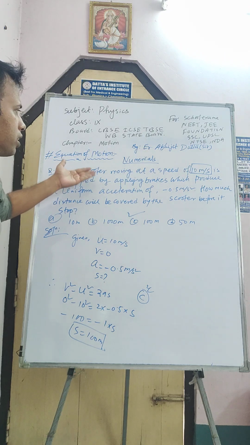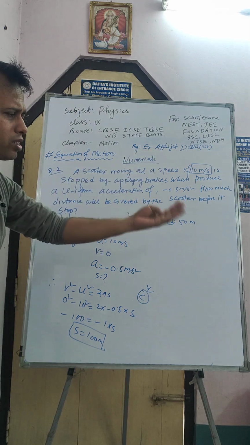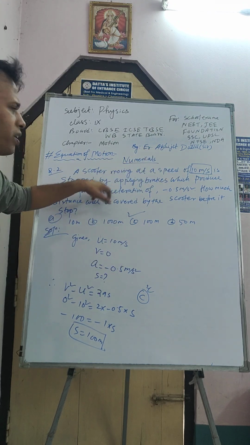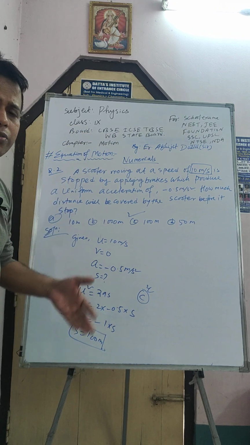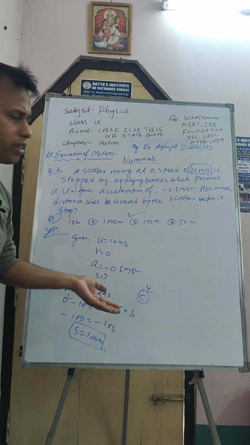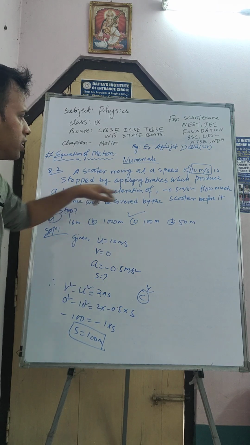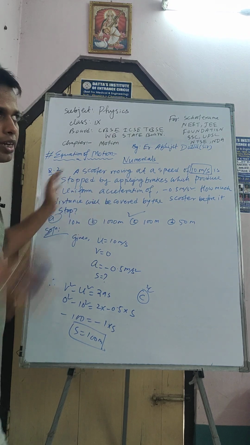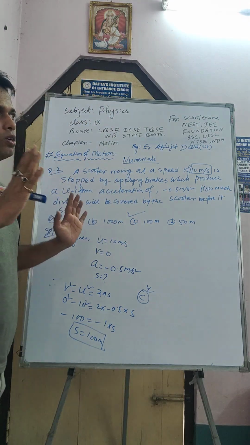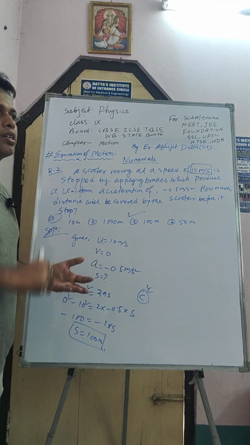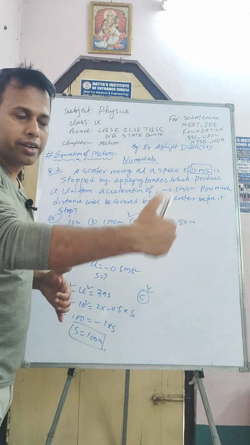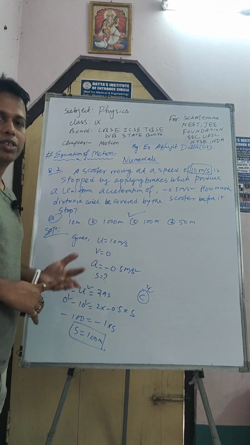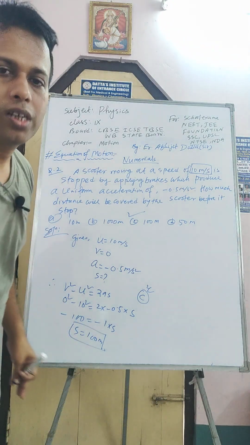Simple. Look here. A scooter is moving at a speed of 10 meters per second. You know, nowadays scooter, bike, this one is simple. The initial speed is 10 meters per second, and after applying brakes, every object stops at a certain time. The retardation, that is negative acceleration, is given as 0.5 meter per second square. So how much distance it will cover, you have to find out. You can imagine the scenario: a scooter started with some velocity, after applying brakes it stops after a certain distance, and we have to find out this distance. What I have given is negative acceleration, velocity, etc. Okay, so move on to the next question.